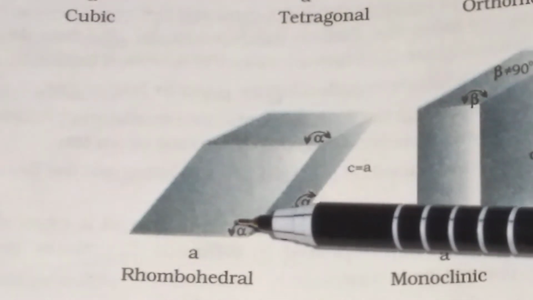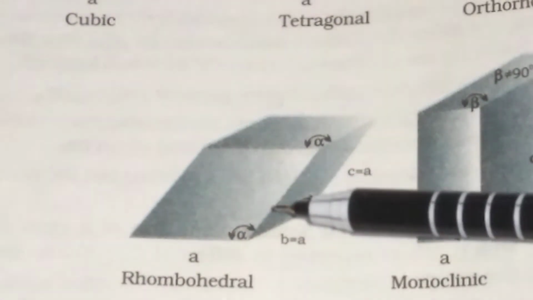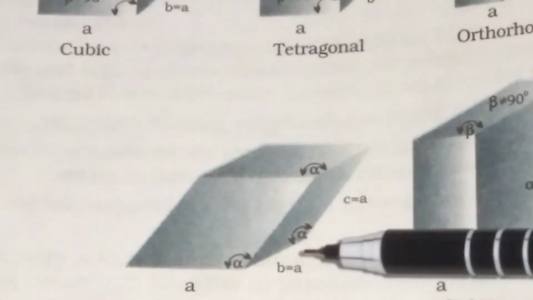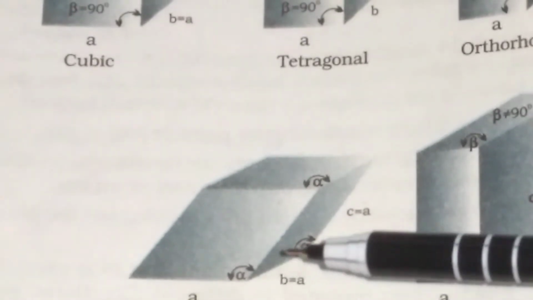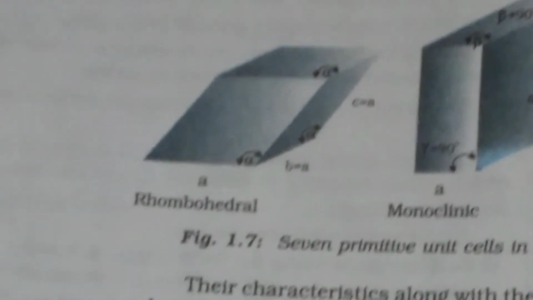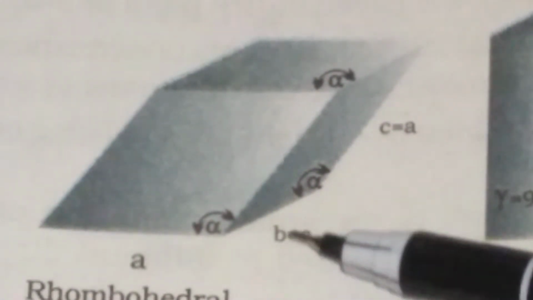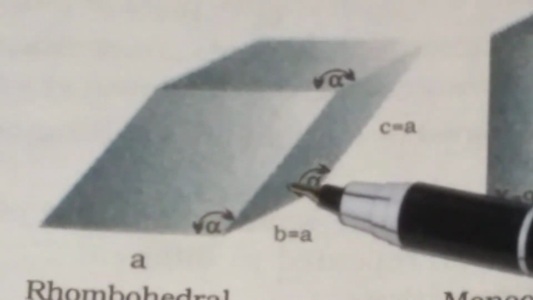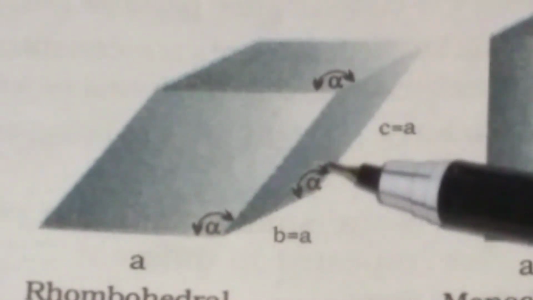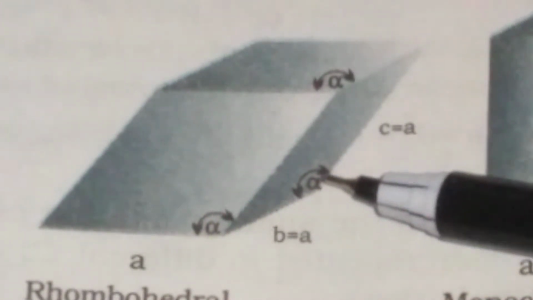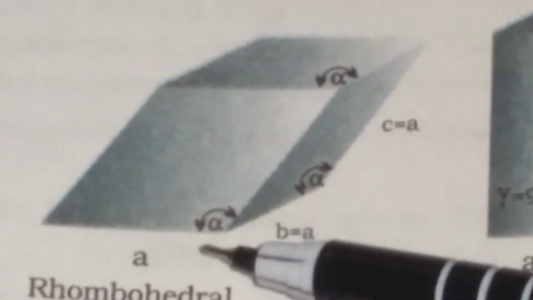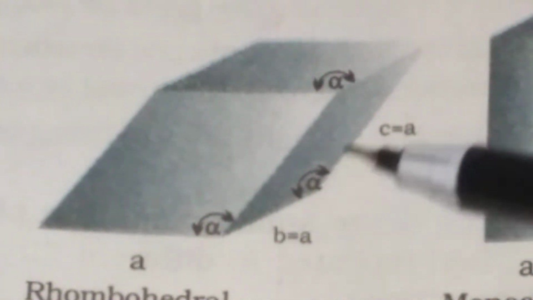This is your rhombohedral or trigonal primitive unit cell, and here a is equal to b is equal to c. But here alpha is equal to beta is equal to gamma is not equal to 90 degrees. So remember, in rhombohedral or trigonal, alpha is equal to beta is equal to gamma. Here it is shown alpha, alpha, alpha. The 3 angles are equal, but they are not equal to 90 degrees. But here a equals b equals c. That means b is equal to a and c is also equal to a.